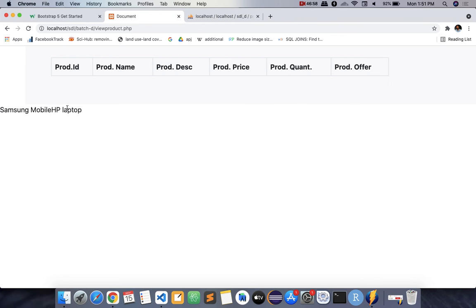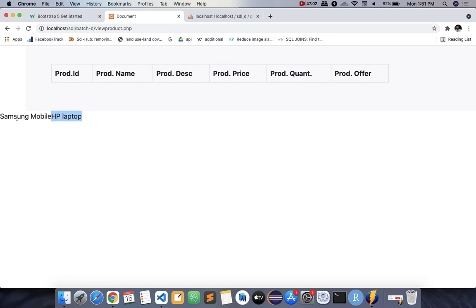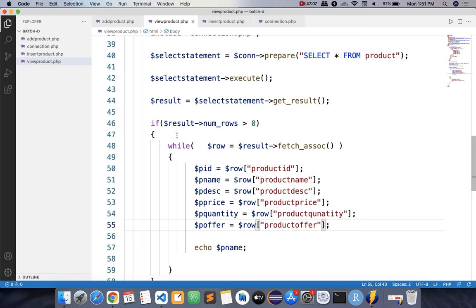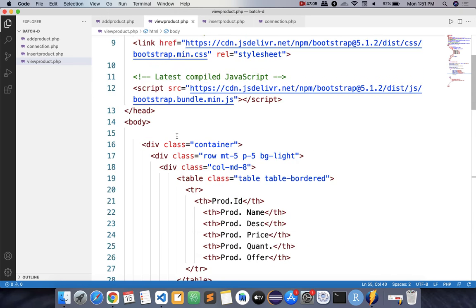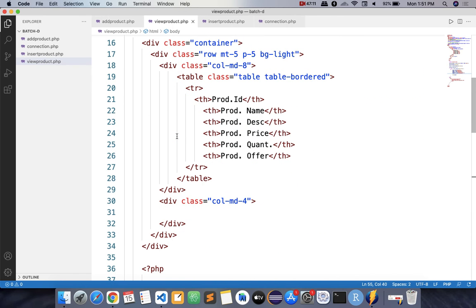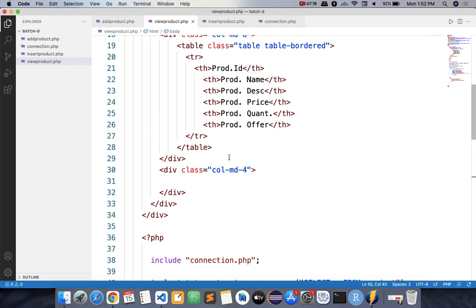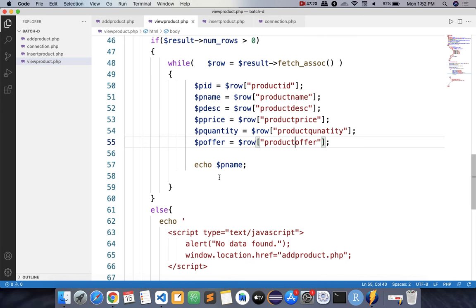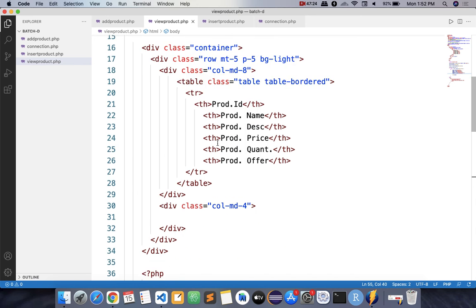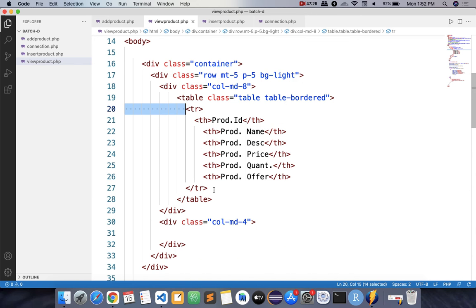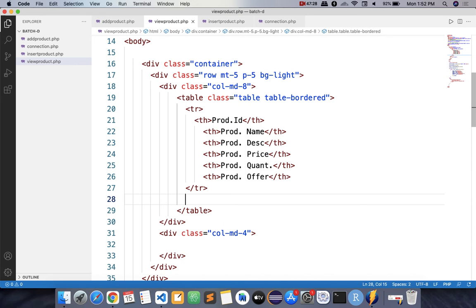So you have received Samsung mobile and HP laptop, means you are receiving the name of that. But we want to display this name under this column, right? Okay, but the table which we have designed is in HTML and we want to display our output in PHP. So it will be a problem for us. And one more thing, it should be within a table. तो जब तक हमारे पास डेटा आता नहीं है मैं टेबल को क्लोज नहीं कर पाता हूँ. तो ये सारा लॉजिक मुझे कहाँ एग्जीक्यूट करना है? पहले वाले रो के बाद, मतलब ये हेडिंग प्रिंट होने के बाद यहाँ पे वो लॉजिक सारा एग्जीक्यूट होना चाहिए.